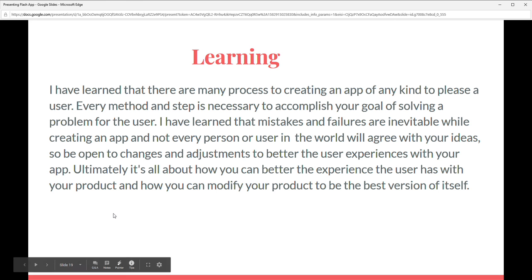Learned. I have learned that there are many processes to creating an app of any kind to please a user. Every method and step is necessary to accomplish your goal of solving a problem for the users. I have learned that mistakes and failures